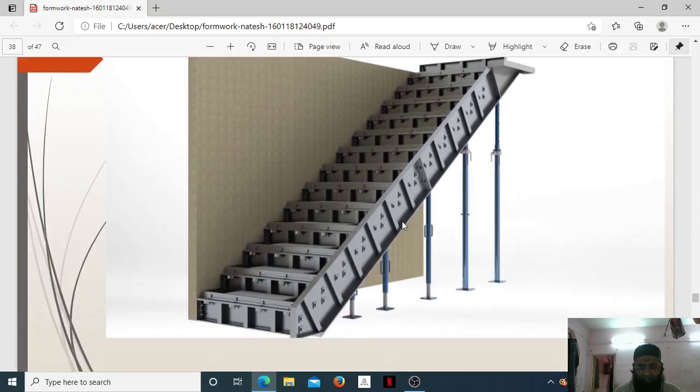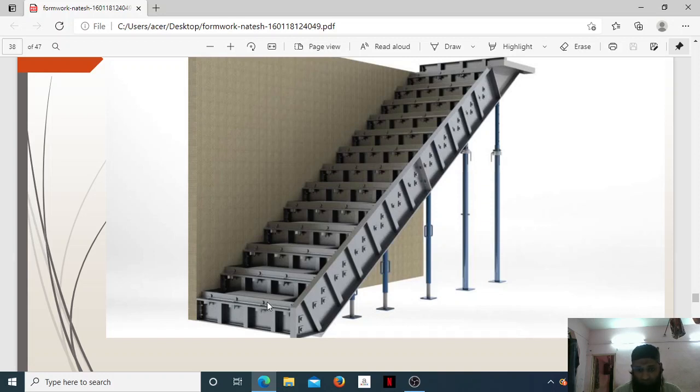Just see here, this is a formwork placed for a staircase which is of steel formwork. Though it has the capability of resisting huge loads, still these should be cast in a very proper manner, because practically what we have seen is, normally if the staircase formwork is not provided properly, it makes a huge difference.